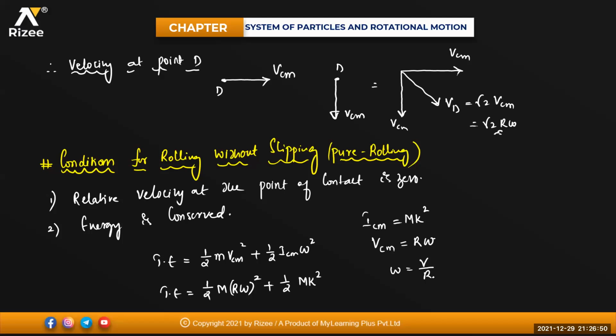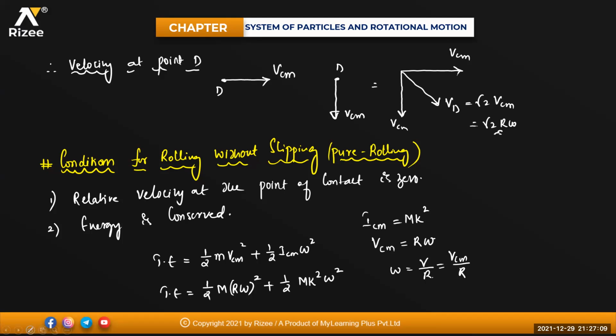Okay, or else you can write it in terms of anything, depending upon the situation. So I'll write in terms of VCM only. So it is your omega square, and omega square will become how much, beta? VCM square divided by r square. So this will be equal to VCM divided by r.